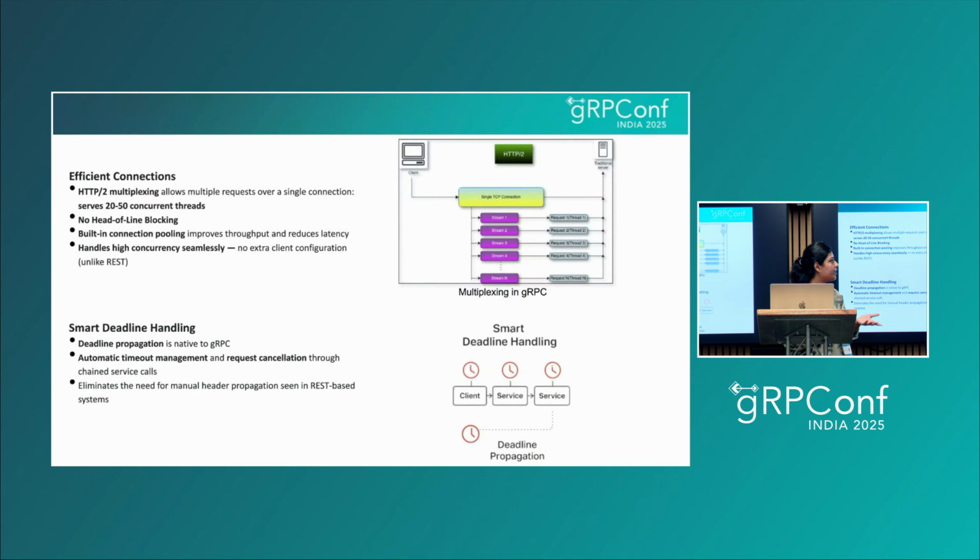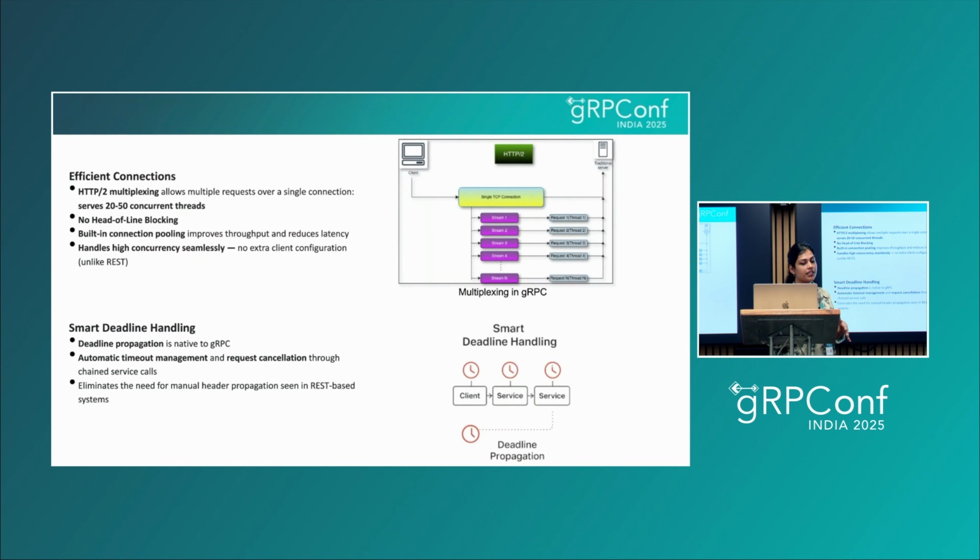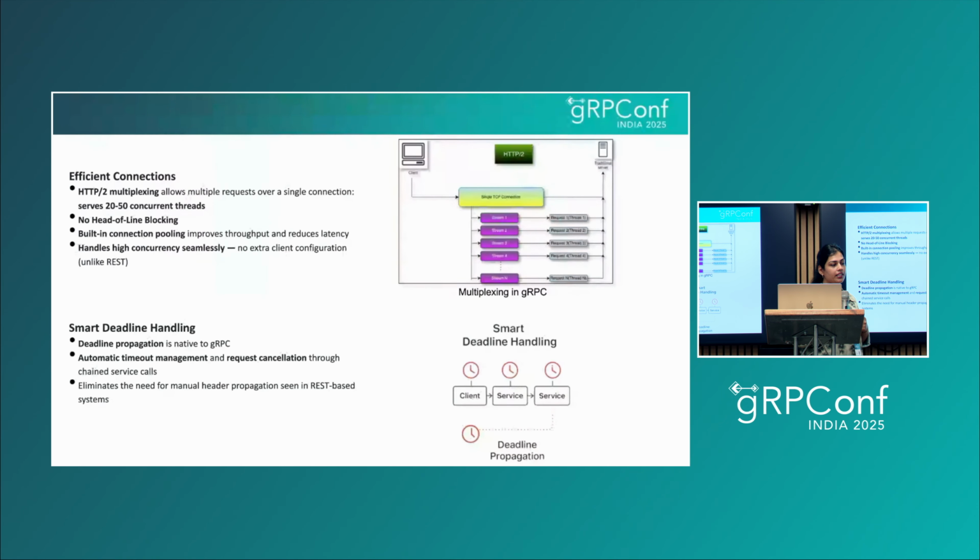We keep on saying that gRPC is efficient, but how is it efficient, and what is making it smart? As we know, gRPC uses HTTP2 and enforces multiplexing. So instead of maintaining multiple TCP connections between the client and the server, we have a single channel with multiple streams of requests and responses that can be sent here.